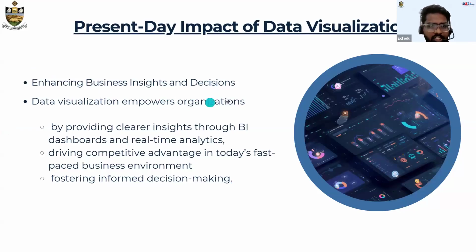It empowers organizations. Companies like Netflix and Amazon Prime rely on your data itself. What content is being pushed more and more, and how can they push it? Even the suggestions you see: whenever you open your OTT applications or platforms, they suggest content based on what you have done, based on your historical watch history.